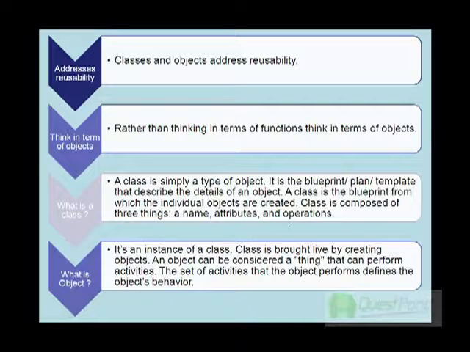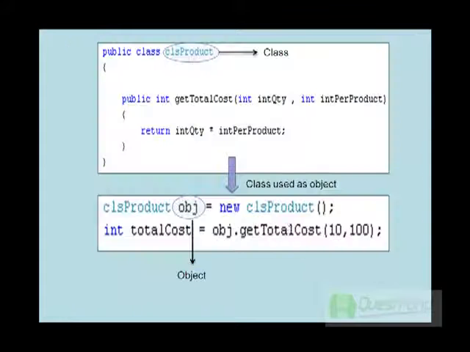A class is a template, a blueprint, or you can say a plan, while objects are instances of the class. So you cannot use a class as is directly. If you want to use a class, you have to create an object of it. You can think of a class as a template, and in order to bring that template live into the application, you have to create an instance of the class, or in other words, create the object of that class. Now let's first understand how you can write a class in C# and how you can create objects of the classes.